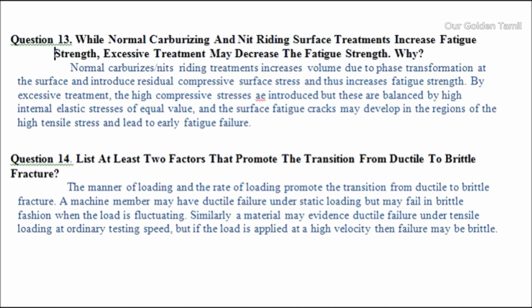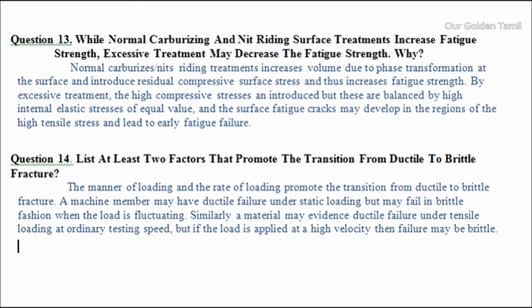Question 13. While normal carburizing and nitriding surface treatments increase fatigue strength, excessive treatment may decrease the fatigue strength. Why? Normal carburizing and nitriding treatments increase volume due to phase transformation at the surface and introduce residual compressive surface stress, and thus increase fatigue strength. By excessive treatment, high compressive stresses are introduced, but these are balanced by high internal elastic stresses of equal value, and surface fatigue cracks may develop in the regions of high tensile stress and lead to early